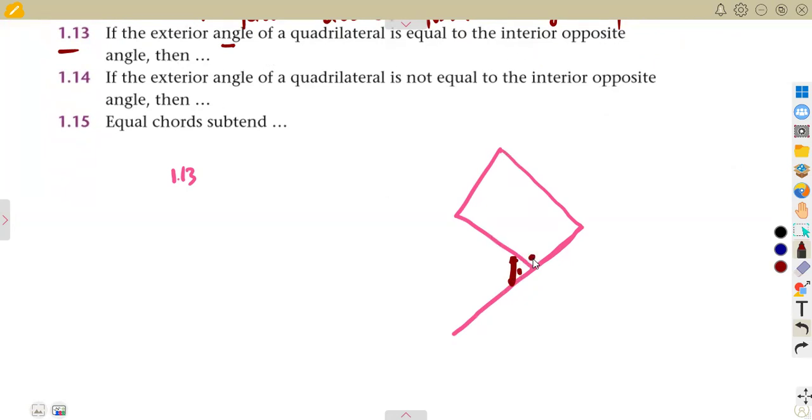This is the interior angle, this one, but the interior opposite is this one. It must be equal to the interior opposite. So if you see this angle X equal to this one, which is the interior opposite,